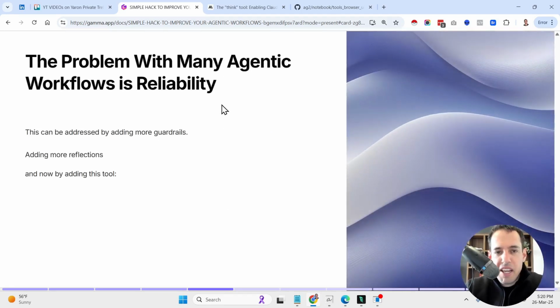Now, the problem with many agentic workflows is reliability. In order to counter this, as I said, instead of only relying on the LLMs to produce output, we want to add tool calling or function calling, which basically adds some predictability to the workflow. We can also add a layer or layers of reflection. For example, in AG2, which is formerly known as Autogen, a very famous agentic framework, they invented something called a critique agent, which basically, whenever you